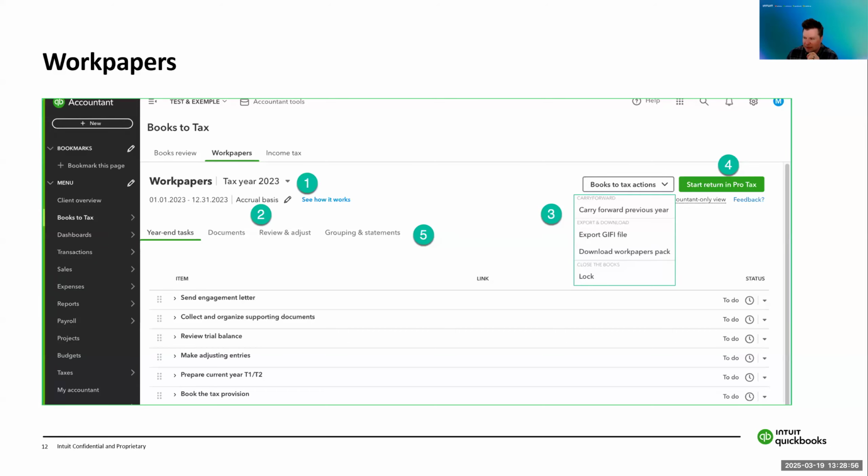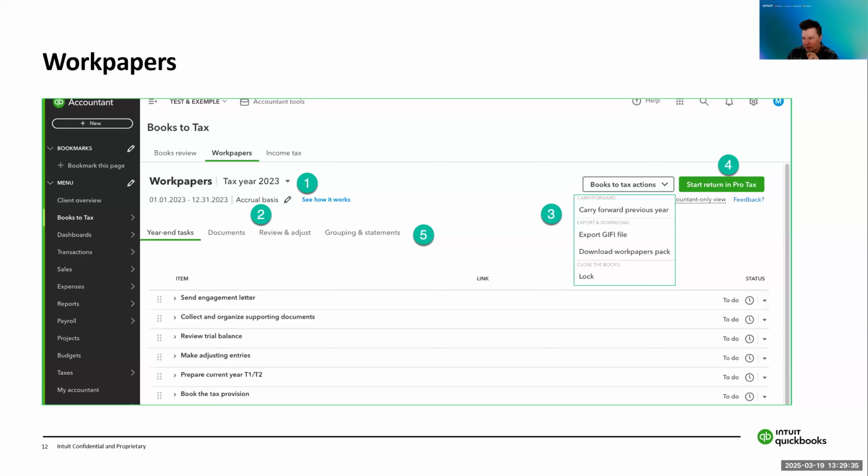You absolutely want to send an engagement letter to your client and have that engagement letter signed and received back from the client. That outlines the engagement that you are doing for your client, and it minimizes the risk of disputes on what you are going to be doing for your client. So really, really important to send those engagement letters. That's just an example here under the items section, so the different task lists that you have. And then again, that clock appears on the right-hand side as the status of the task.